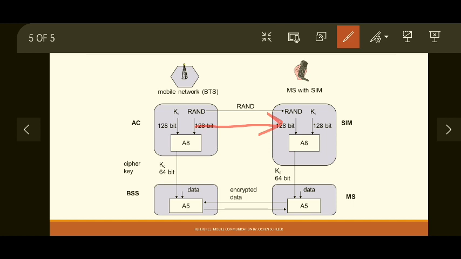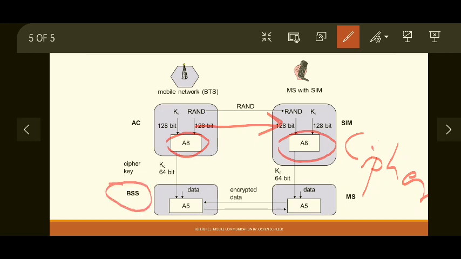But this time these two parameters are given as input to the A8 algorithm, which is an algorithm for encryption, for generating a cipher key. So the A8 algorithm generates the output as a cipher key. The mobile network as well as the SIM card both will generate a cipher key which will be used for encryption at the base station subsystem.